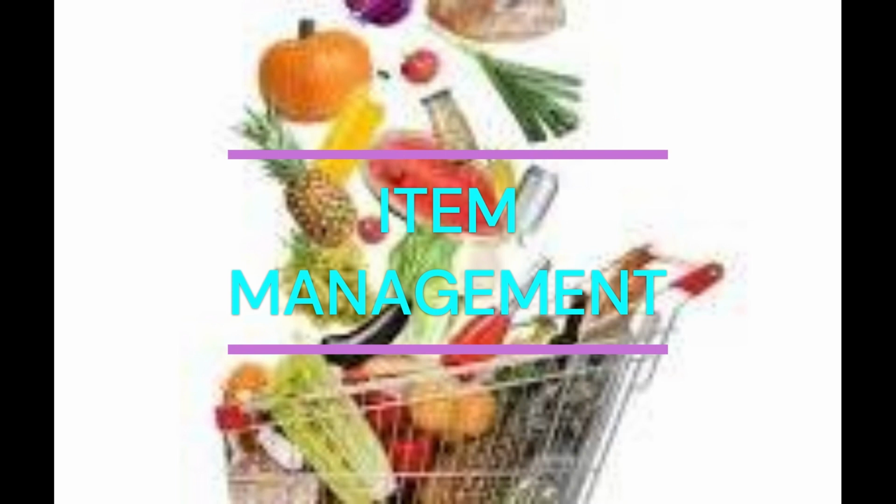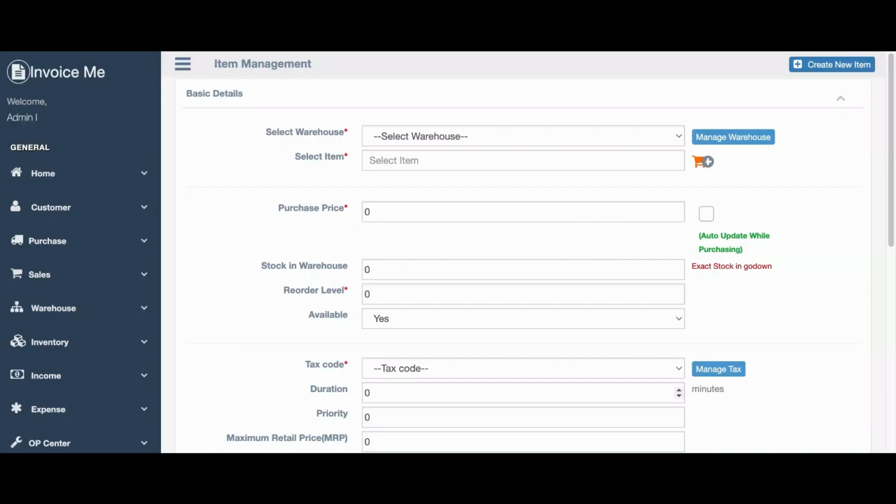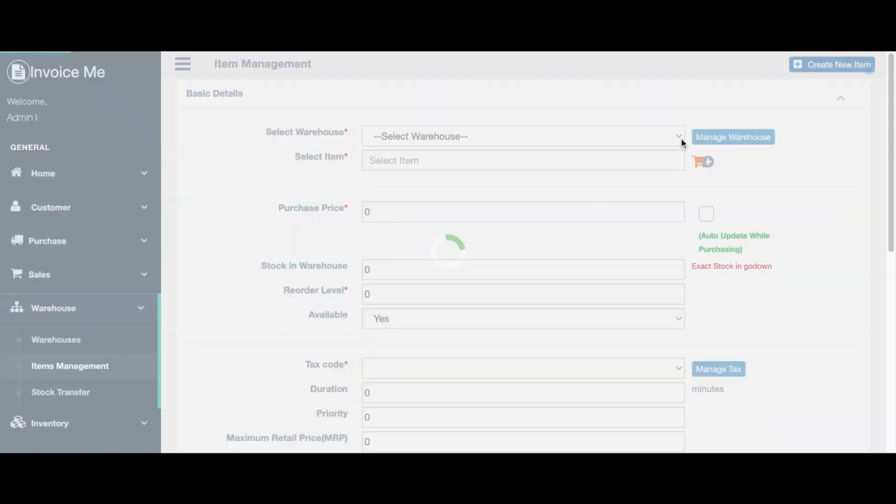Item Management. We created the item in the Item Master. Then you have to add the item to the specific warehouse. Then only the salesman can add the item when he takes an order. From Warehouse on the left side menu, select Item Management. In this page you have to select the warehouse and the item you want to add in that warehouse, then